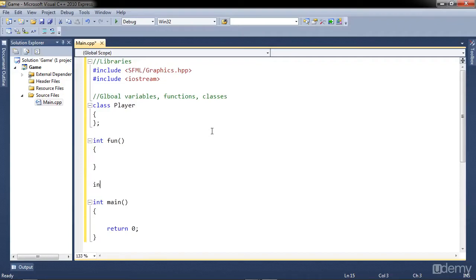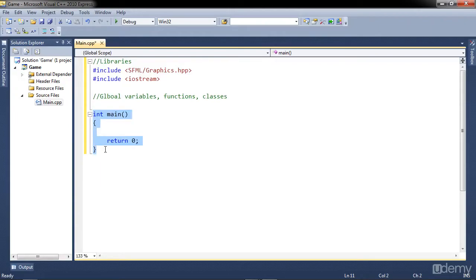Let's say it could be an integer and the variable would be named a, and we would assign a value of 5 to it. But we won't be doing that for some time, so let's just go into the main part of the program